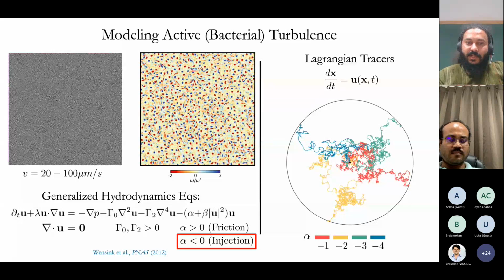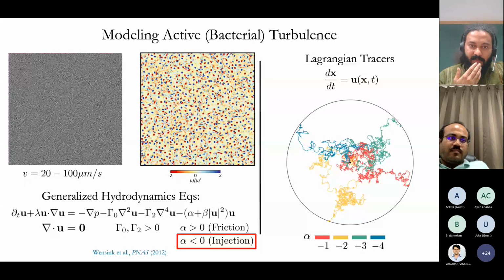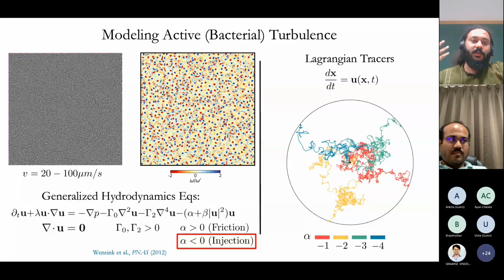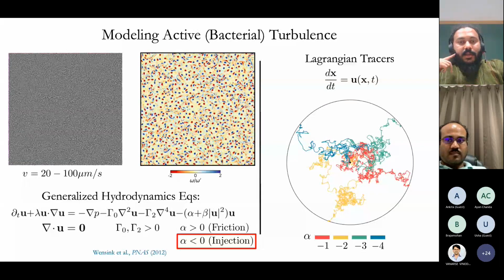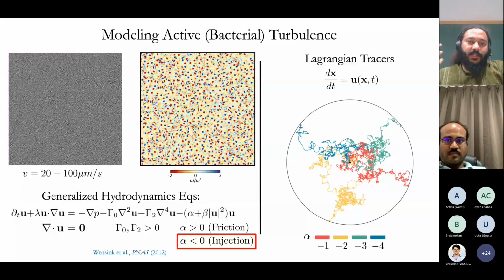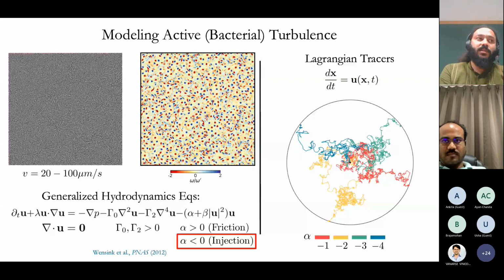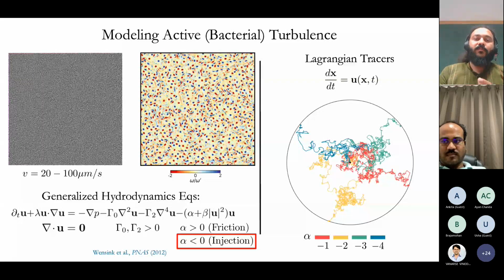And I've just shown you a few trajectories that emerge for different levels of activity. So this is the system that we have now. And it's nice that we can simulate turbulence in active suspensions. But then the question arises, what is really turbulence here? Is this really turbulent? So for that, we really need some features of turbulence that are quantifiable